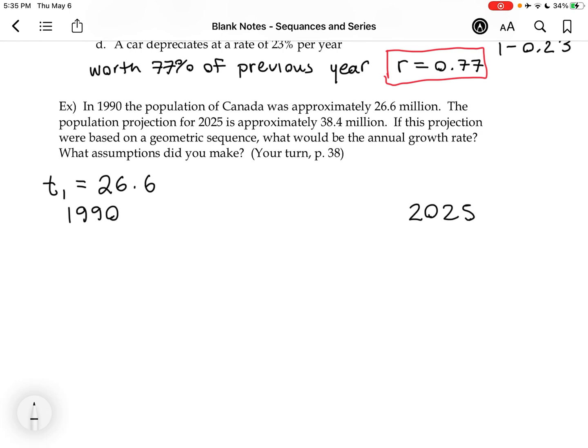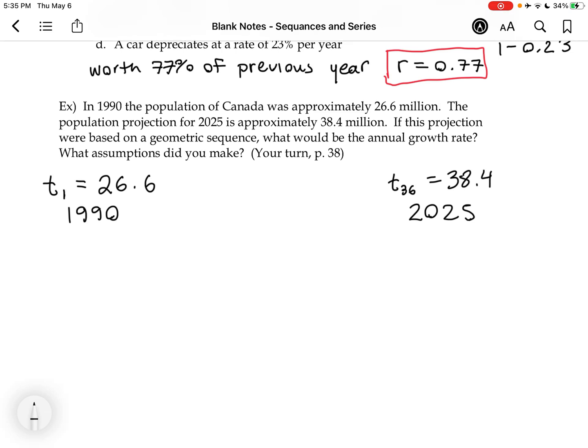This was kind of tricky, because if T1 is 1990, you can't just go 2025 minus 1990 is 35 years and say it's T35. You can only do that if this was actually T0, but it's not, it's T1, right? 1990 starts at T1, which means that this actually is T36